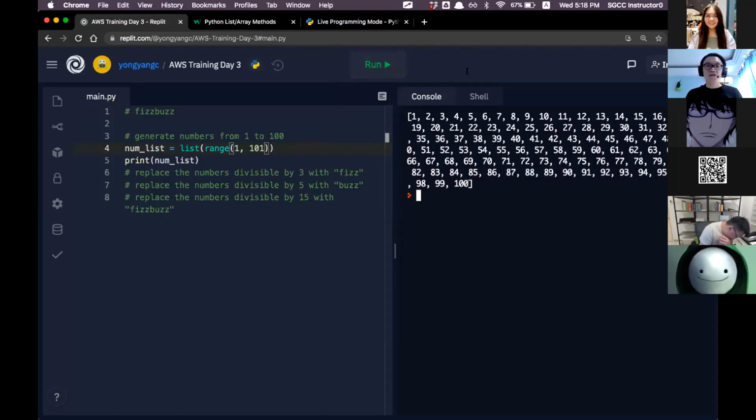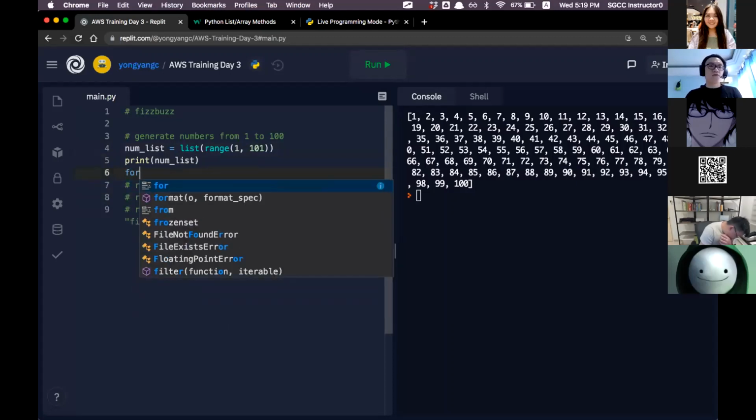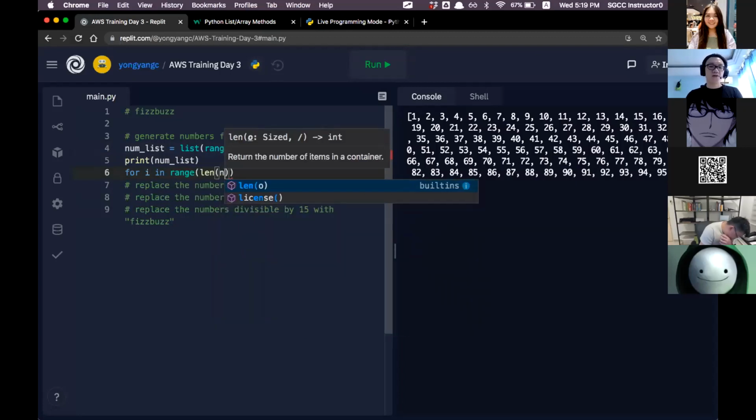So we have generated a list of numbers. The next thing to do is to find out which is divisible by 3, which is divisible by 5, and which is divisible by 15. So let's do this: for i in range of the length of num_list,